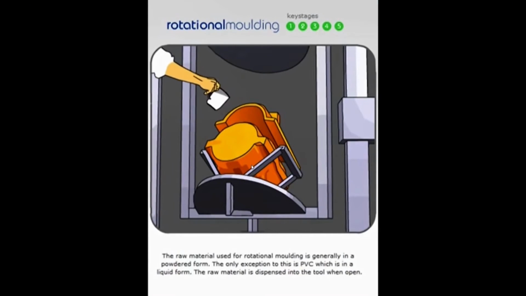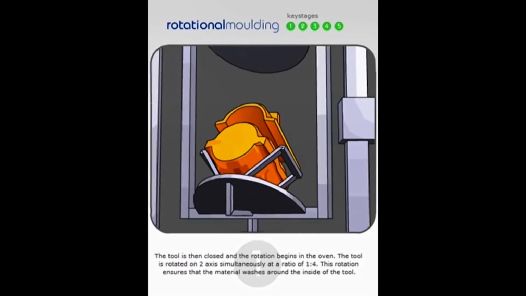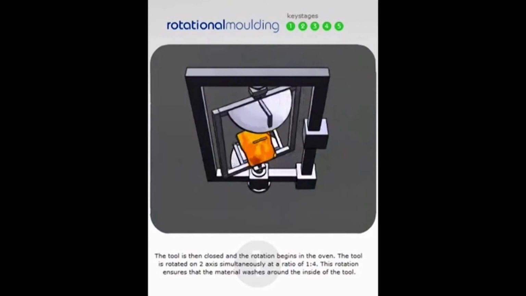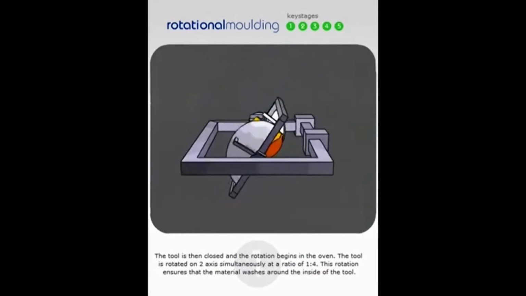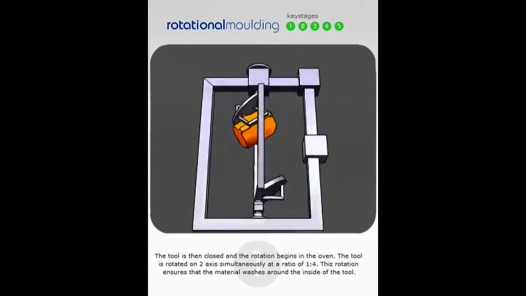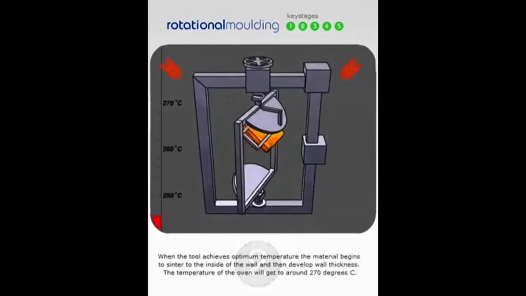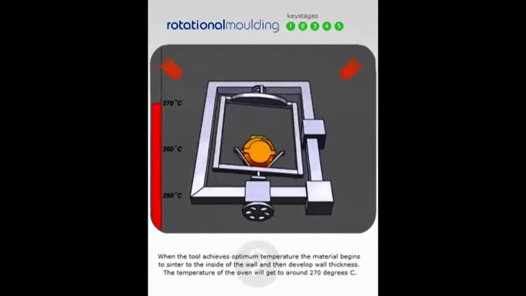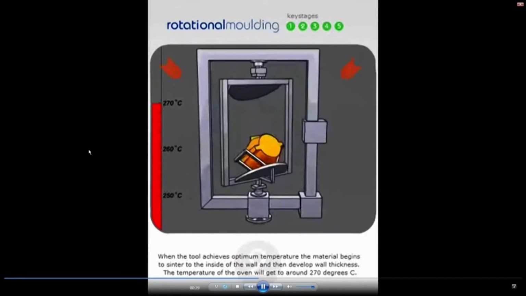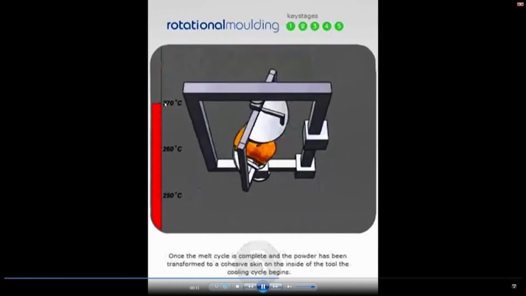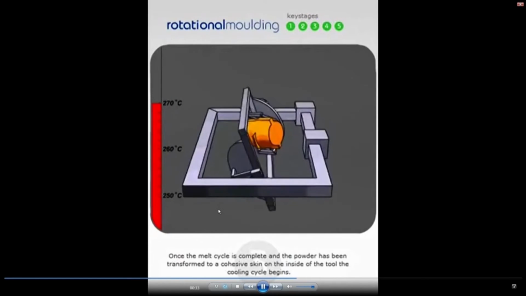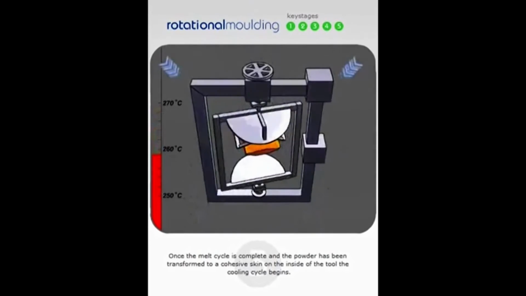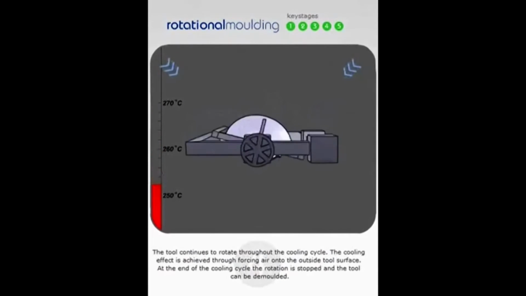The input is given, maybe in a viscous liquid form. Now the mold will close. The mold has closed now. You can see the rotation about one axis here. Even the mold can rotate, and the red arrows are depicting that the mold is supplied heat, and on the screen you can see the maximum temperature attainable is 270 degrees. So the rotation now along the axis.